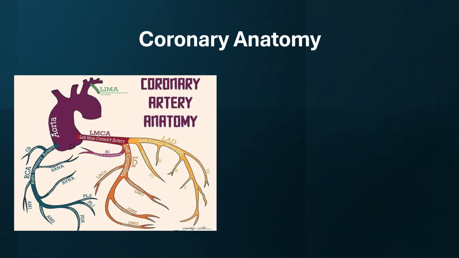Here on the left part of the screen, you see a depiction of coronary artery anatomy. Here you see the proximal aorta, aortic root, and sinuses of Valsalva. Left main coronary artery originates from the left sinus of Valsalva, and the right coronary artery stems from the right sinus of Valsalva. In the vast majority of patients, left main further subdivides into LAD, or left anterior descending, and